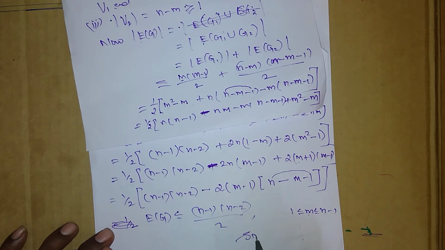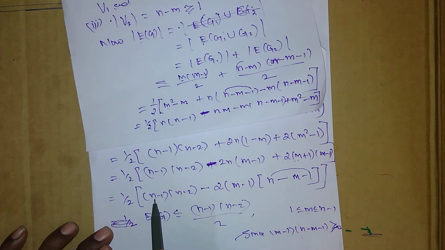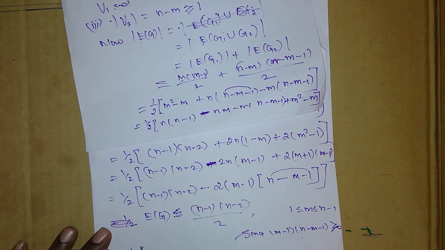Therefore since m minus 1 into n minus m minus 1 is greater than or equal to 0, positive. It is positive means when subtracting from this one, n minus 1 into n minus 2 minus the positive number, the number of edges in G must be less than or equal to n minus 1 into n minus 2 divided by 2, which is a contradiction. As 2G has